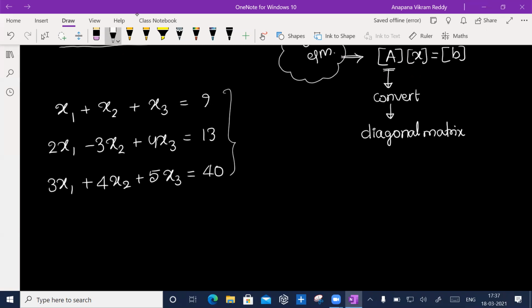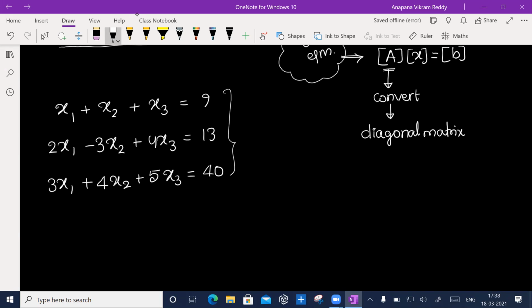Of course, but the thing is that I'm not taking something like x1 square, x2 square, or x1 cube, x2 cube. These would be polynomial terms. I have x1, x2, x3 everywhere, and nowhere are we squaring it, and nowhere do we have exponential terms, logarithmic terms, or trigonometric terms. They are available in free form, so we say they are linear equations.